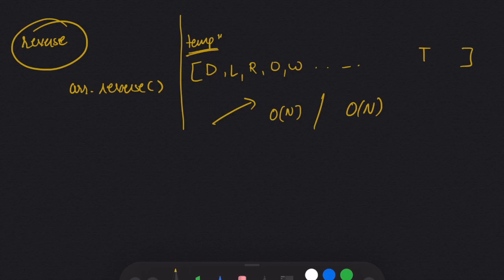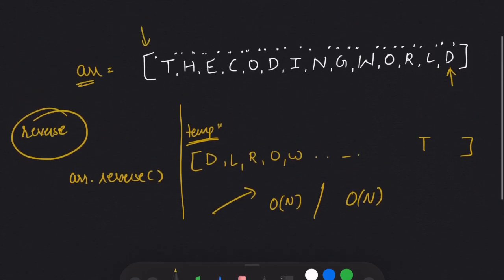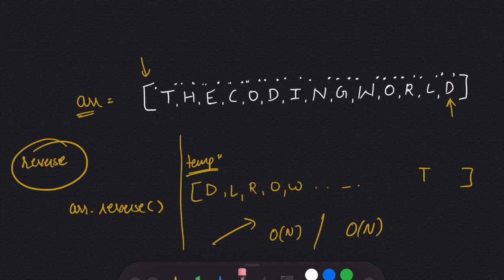Now the question is, is there any way we can perform this in place so that our space complexity will be O of 1? And the answer is yes. For that we will use the two pointer approach. So we will take two pointers, one starting from here and one from here.